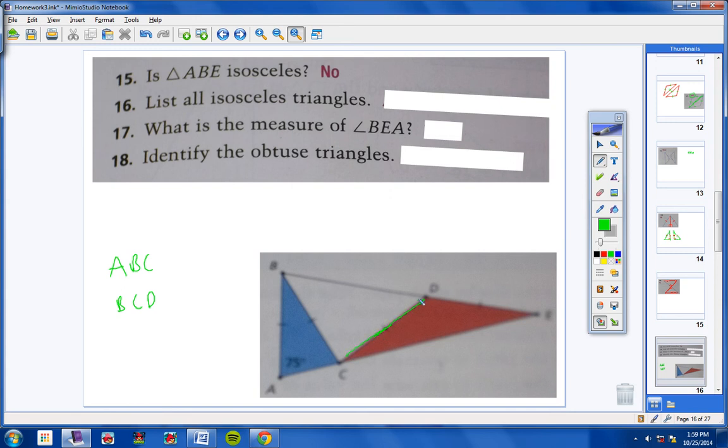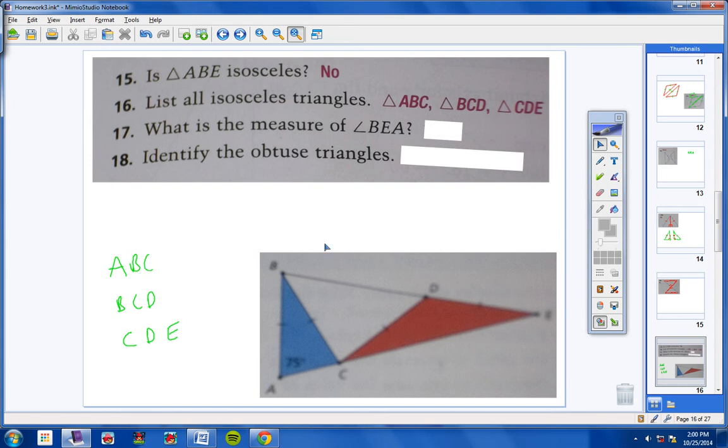This triangle here has two congruent sides, here and here. So triangle CDE. Now, as far as I know, that's it, okay? And yes, that is correct. So those three triangles here are the three triangles that are isosceles, okay? All right, number 17,